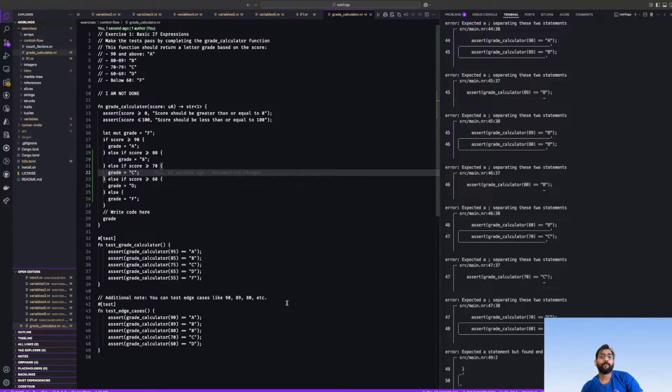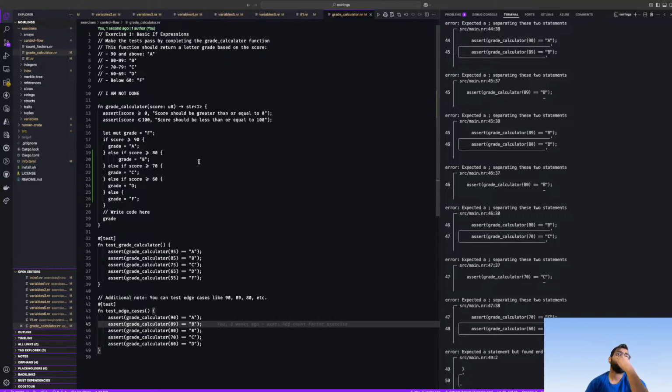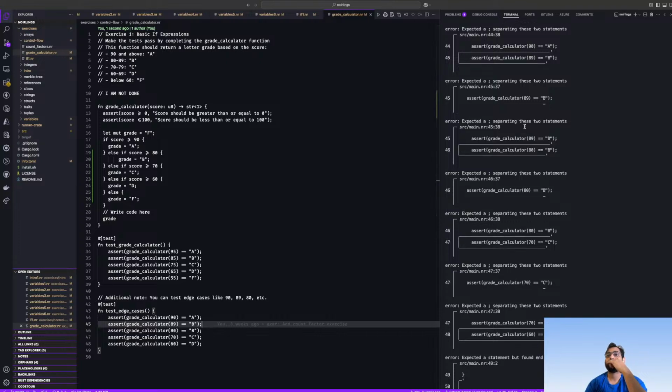I guess B, B has something. Okay, what is the issue here? Expected a semicolon between these two statements.